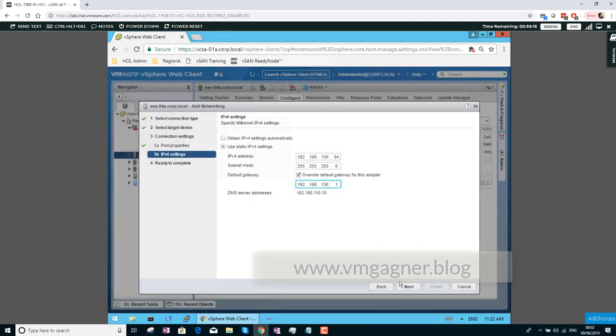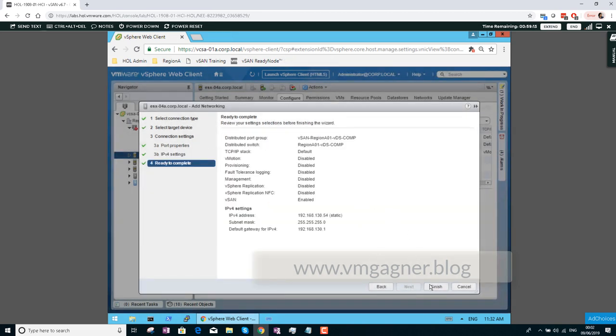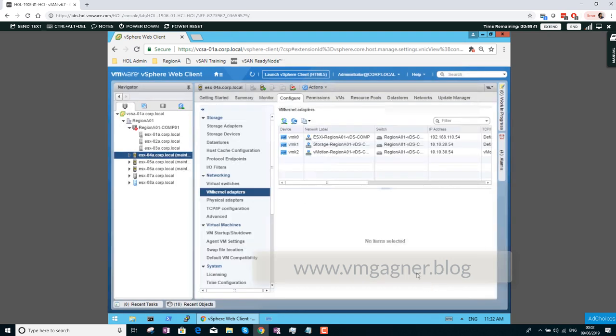From 31. I can just drag and put it to the cluster. Okay. Now the cluster has 4 nodes, and